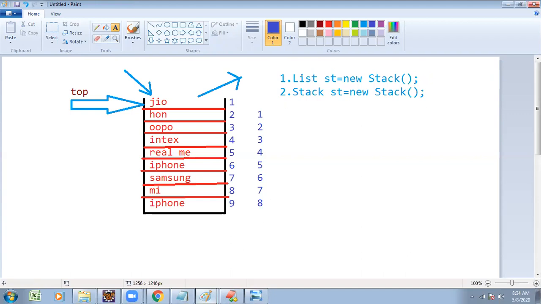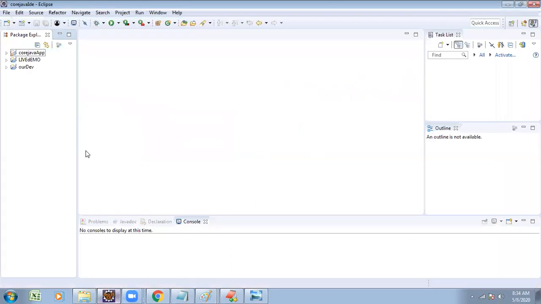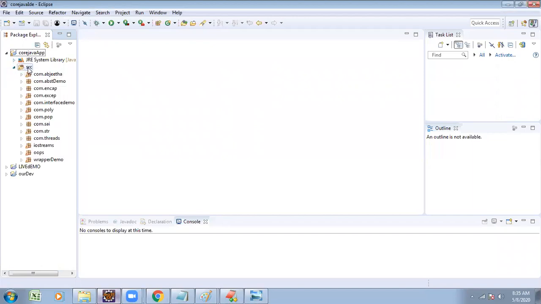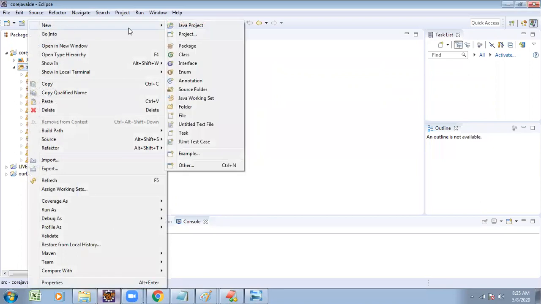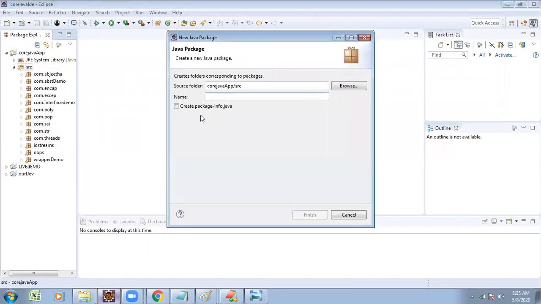We want to concentrate on this. I will show you a small code to make it easy to understand. We created an object for a subclass reference. What happened when we created the object directly with the subclass? In Java, I want to create one more package, a separate package, com.collection.